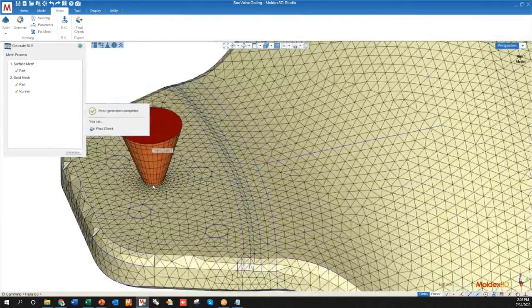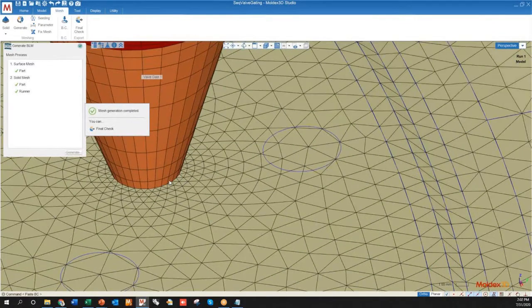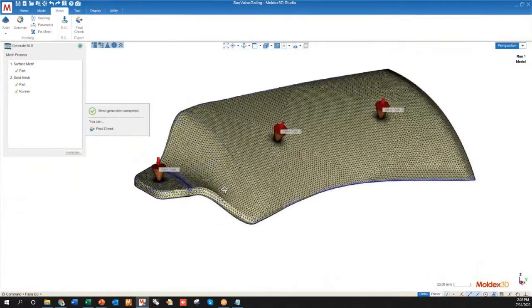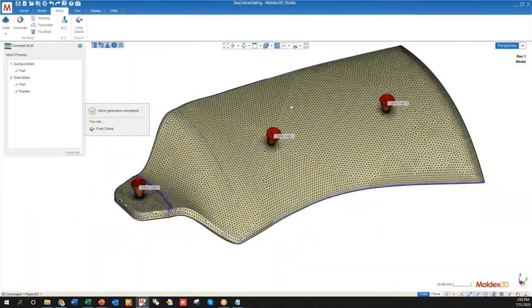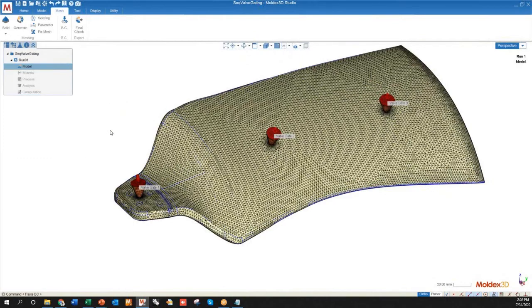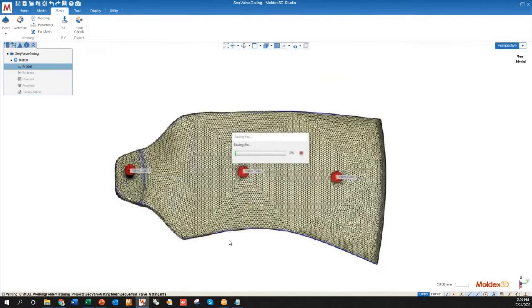But you can actually see here that the mesh has refined around the gate to match perfectly with what's happening on the part. And all three of these gates have done that, and it maintains the 3 valve gate IDs. All right, once we're done with that, we can go ahead and press the final check button. Right, so final check is just shifting us from the modeling stage over into the simulation setup stage,